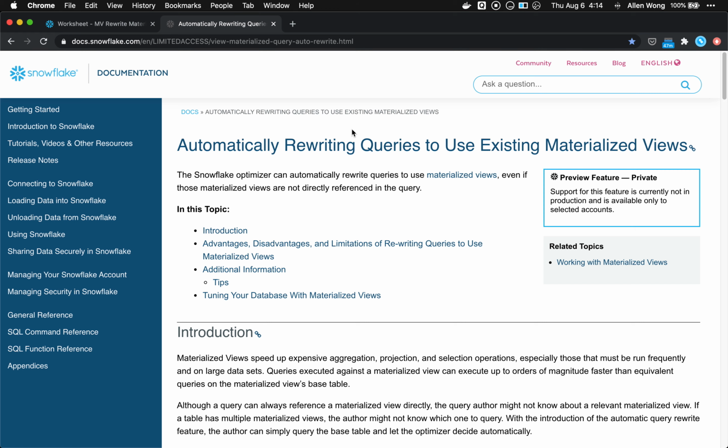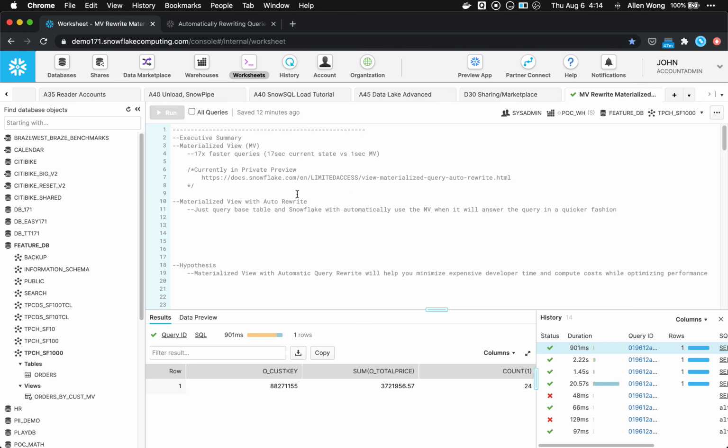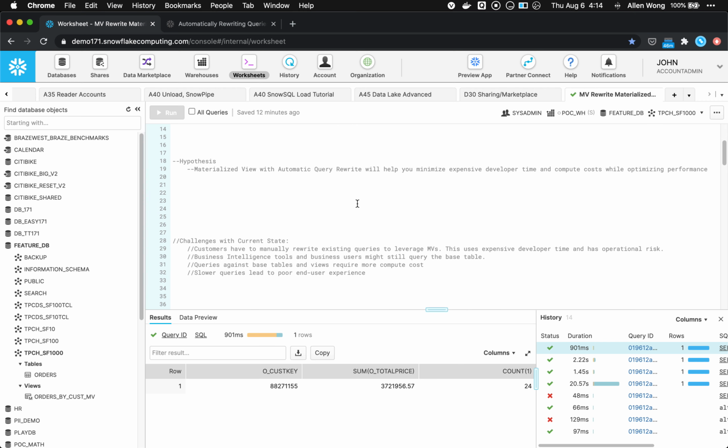This is in private preview. And so we've activated that. And the benefit of Materialized View with the auto rewrite is you can just query the base table and Snowflake will automatically use the Materialized View and it will answer the query in a quicker fashion. So our hypothesis is that Materialized View with automatic query rewrite will help you minimize expensive developer time and compute